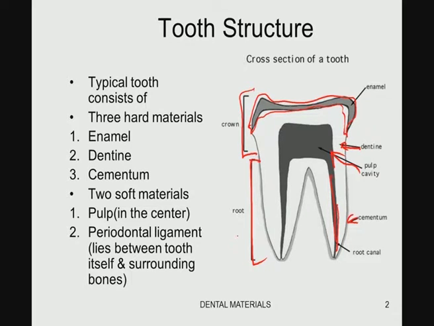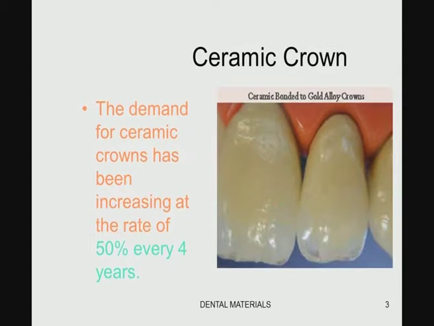Now, this dental glass ceramics, which will be discussed in this particular module, can be used to make the crown part of the tooth. The root part, or the titanium implant essentially, can go inside the damaged tooth part to replace the damaged tooth, and on top of it you have to put the crown part. So, this is the typical ceramic crown. As you can see, a ceramic crown is so attractive for dental application simply because it has better mechanical properties, longer durability, and good aesthetic appeal as well.